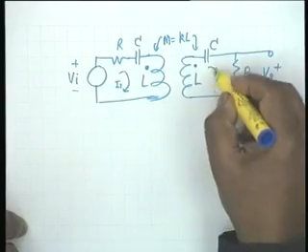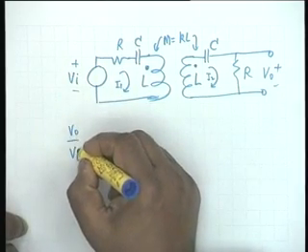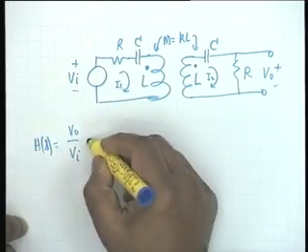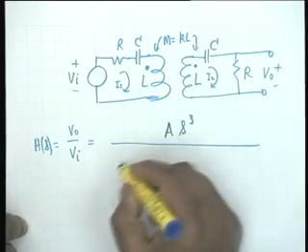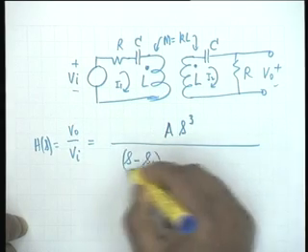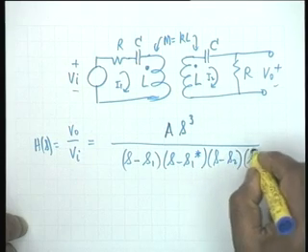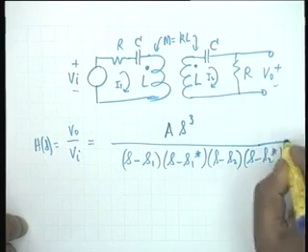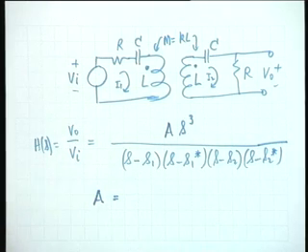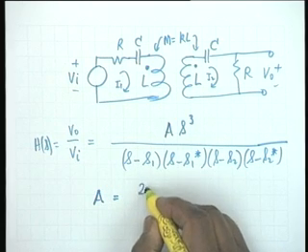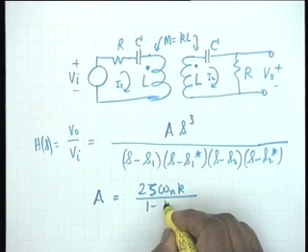We had assumed two currents I1 and I2, wrote the loop equations and found the transfer function V0 by Vi, H of S, equal to A S cubed divided by S minus S1, S minus S1 star, S minus S2, S minus S2 star, where capital A was expressed in terms of the damping coefficient and the natural frequency as twice zeta omega n k divided by 1 minus k squared,